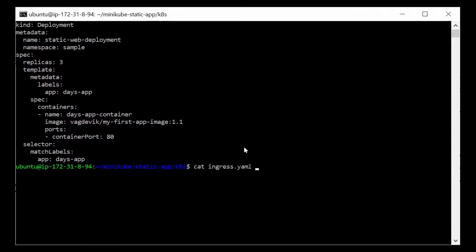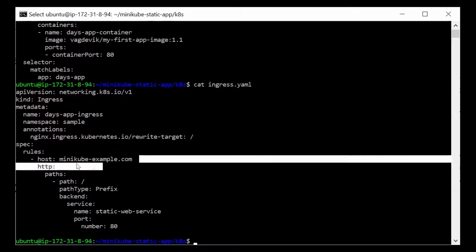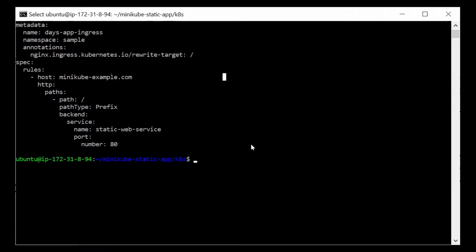If we do cat ingress, you can see this host. Basically, this is the repo which we have used to deploy this app onto Minikube and push onto GitHub. Then this GitHub repository was cloned in the Google Cloud console, and we removed this line, right? So let us just remove this line and make our repository ready.